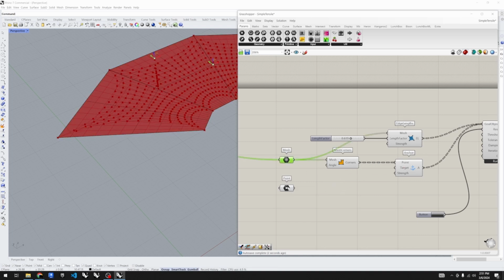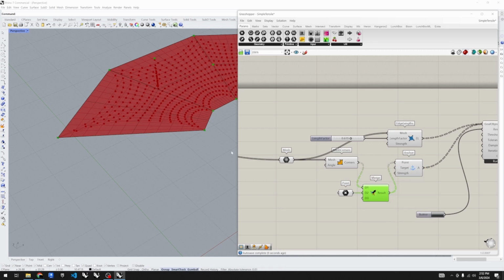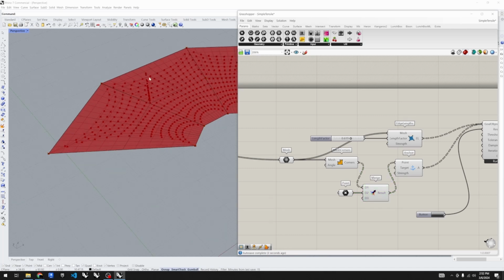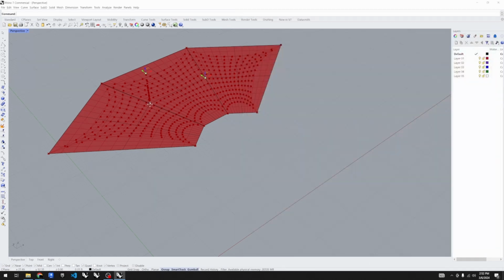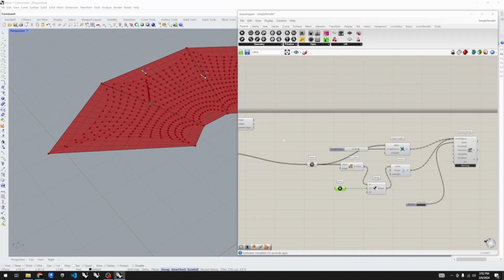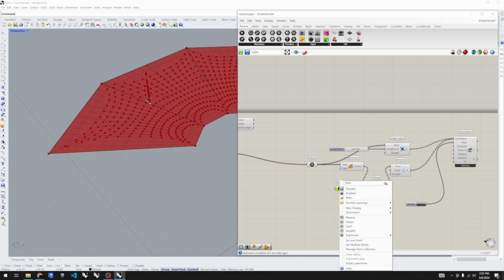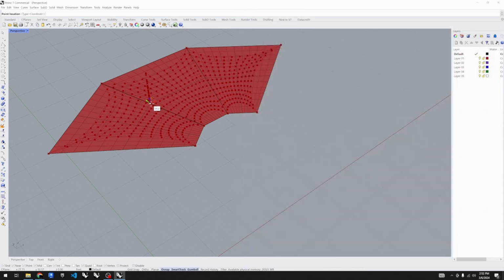What I'm going to do is take these corners and these points, and open up a merge node. So I'm going to merge this data together because I want to be able to keep track of that data list hierarchy. So I can bring those into my list of points, and I'm actually going to reset this. So I'm going to say set multiple points, midpoint, restart. Oh, it just gave me 1. So I'm going to clear these values and just restart from the beginning. Set multiple points, set the middle,